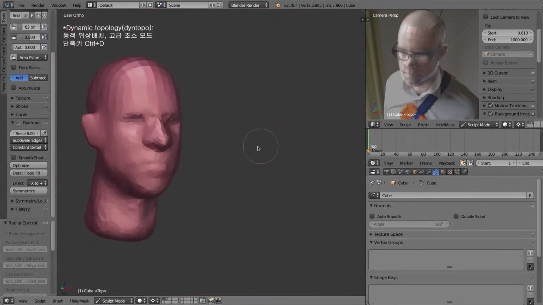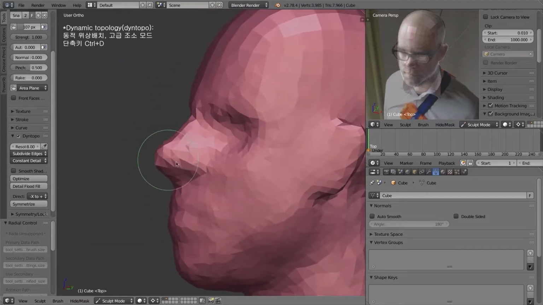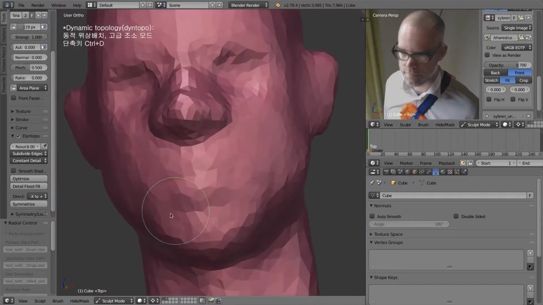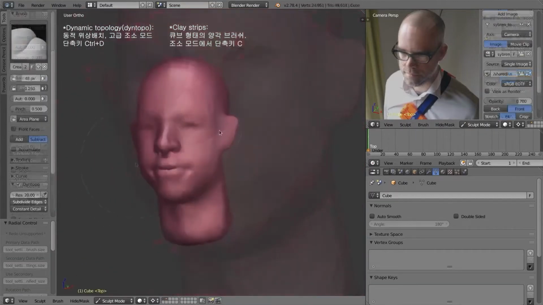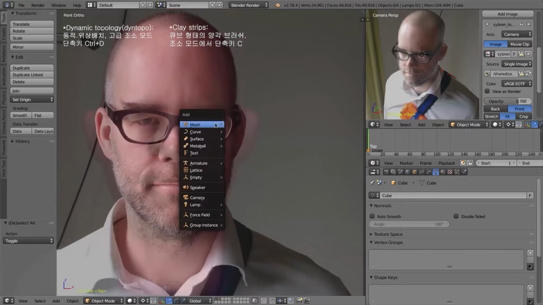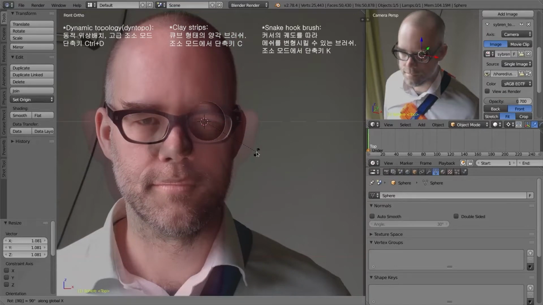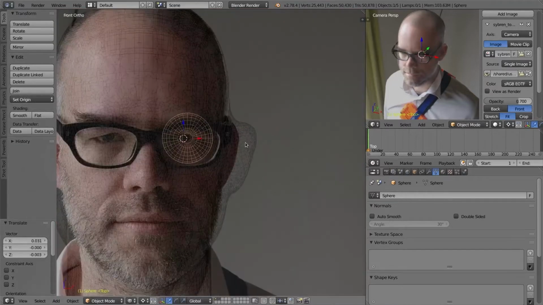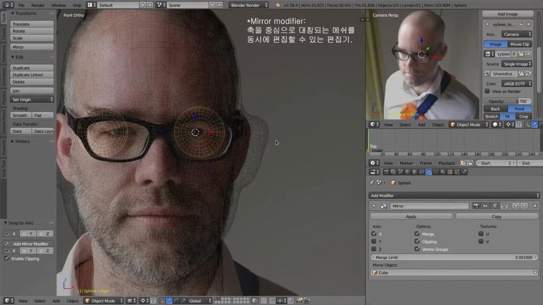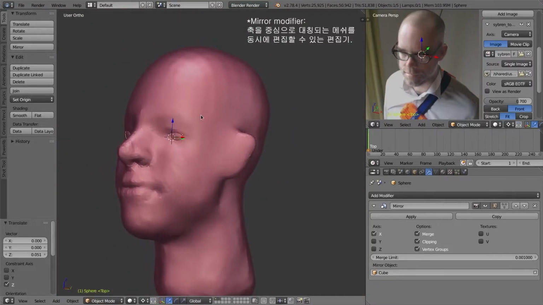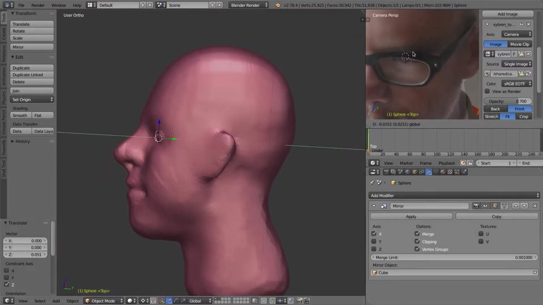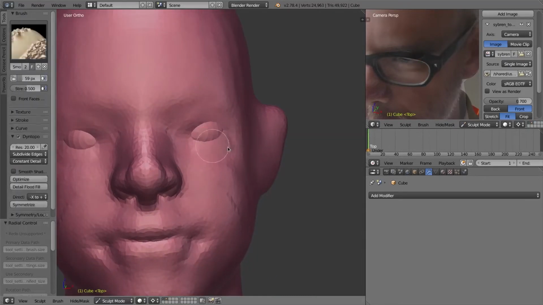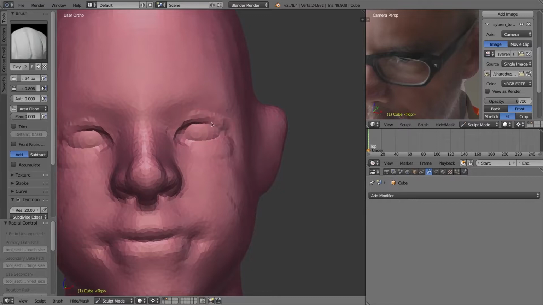The tools that I'm using are mostly, I'm of course sculpting in dynamic topology, and I'm using tools like the clay strips with accumulate on and the snake hook brush and things like that. And here you see that I find it super helpful to put the eyes in early. So I'm plopping in a couple of spheres, and I'm adding a mirror modifier just to make sure that I have them in there, and it's really helpful information to have early on.